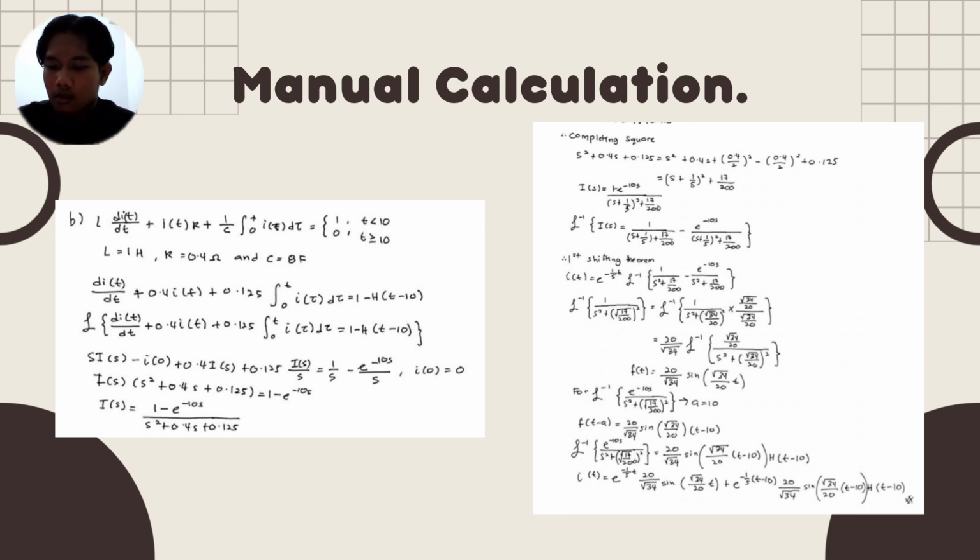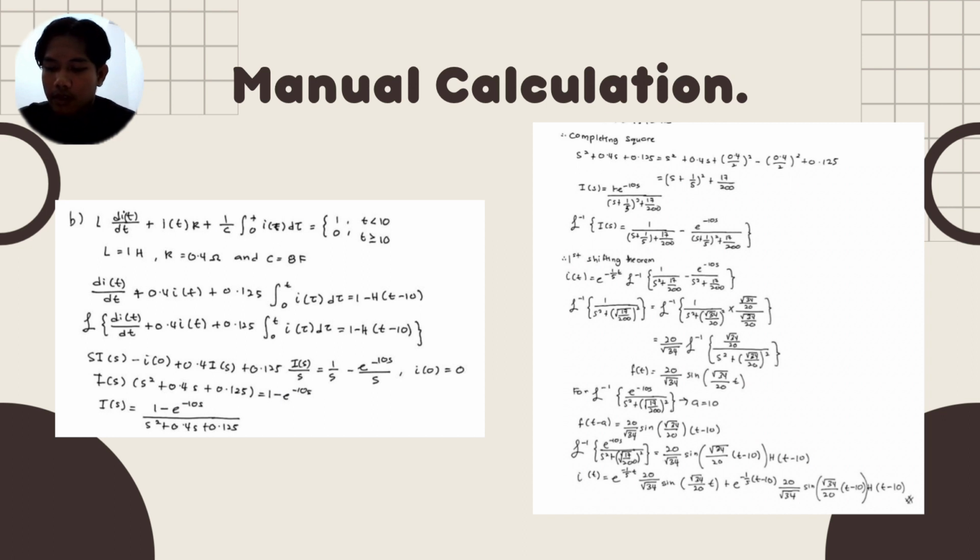So we got 20 over square root 34 Laplace inverse of square root 34 over 20 over s square plus (square root 34 over 20) square. f(t) equal 20 over square root 34 sin (square root 34 over 20 t). For Laplace inverse